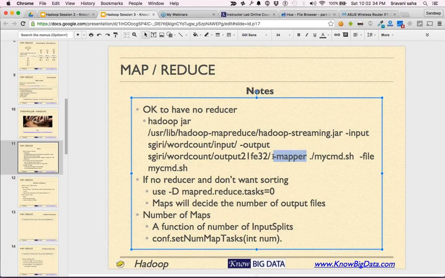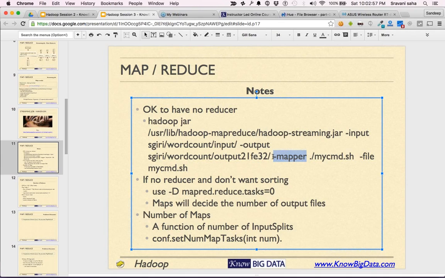You could take the data from input and put it in the output. So in case there is no reducer and you don't want any sorting, you can turn it off by saying -D mapreduce.job.reduces=0.